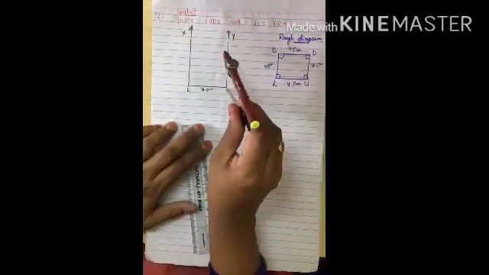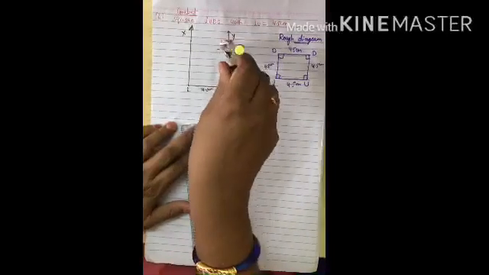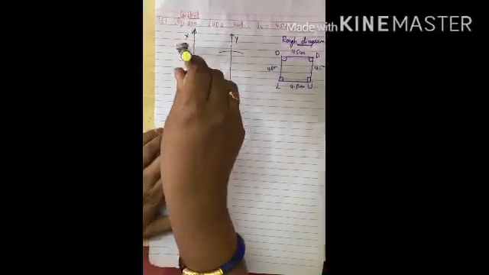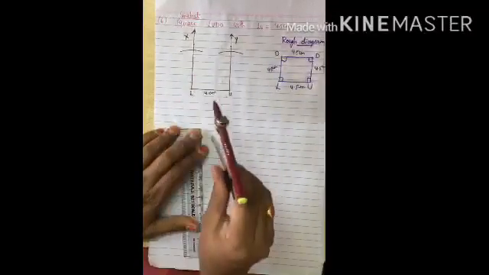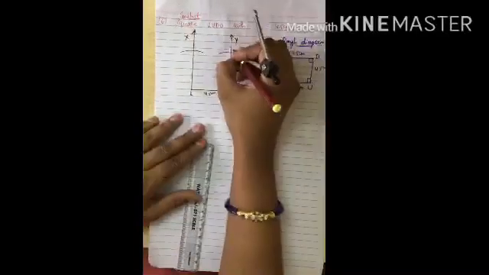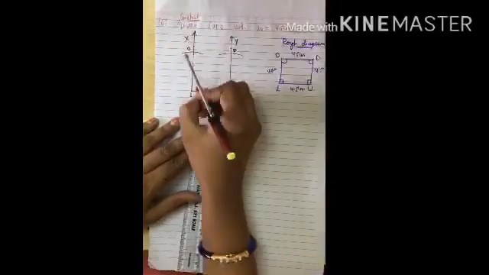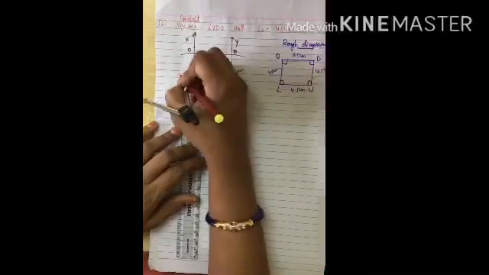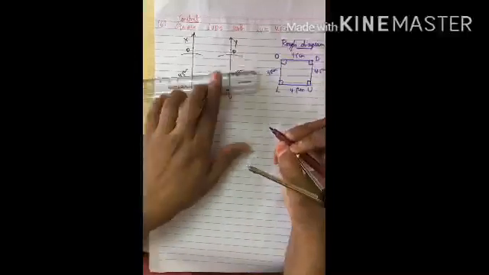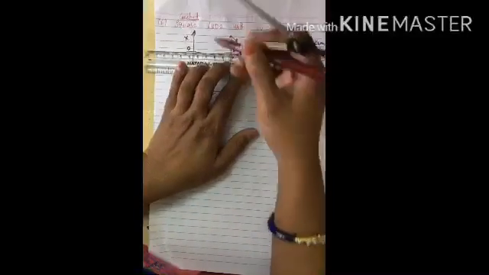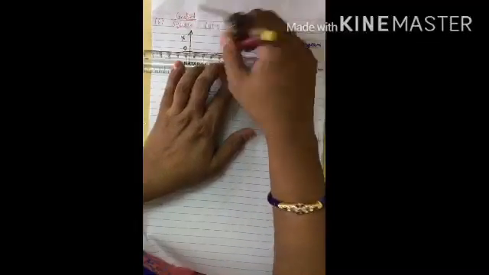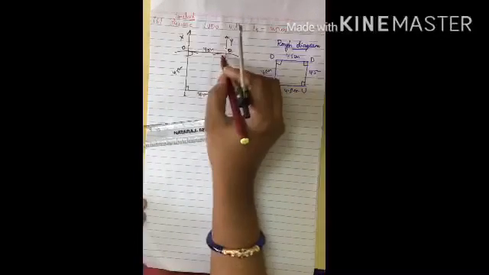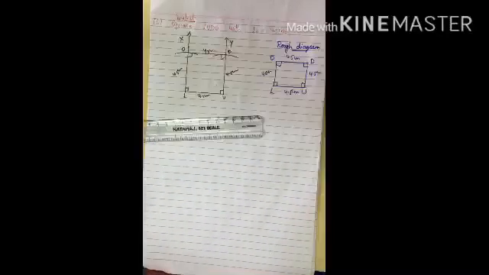With U as center and radius 4.5 centimeters, cut this ray at D, and with L as center and radius 4.5 centimeters, cut the ray LX at O. So this point is D, this point is O, and this is 90 degrees, 90 degrees, and this is 4.5 centimeters, 4.5 centimeters, and join. You got your 2 points OD. So you will get 4.5 centimeters. If you measure, you will get this also 90. So this forms a square.